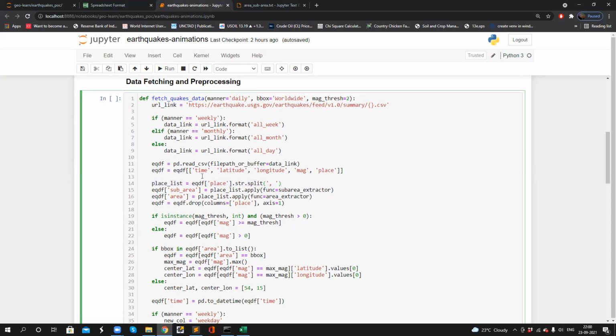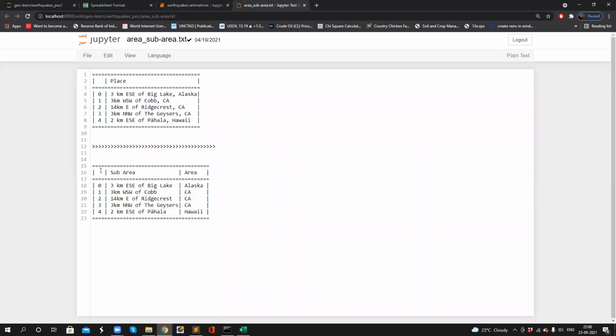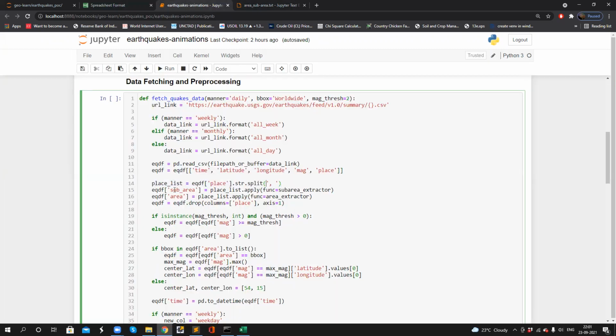But we know the split function results in a list, right? We still don't get properly separated columns. For that purpose, we should use the apply method of pandas to take the 0th value, which is the sub area, for the sub area column, and the last index value of the list for the main area column.